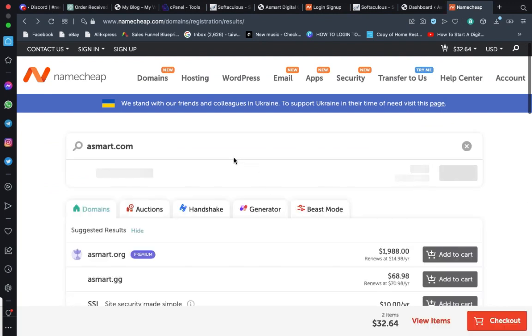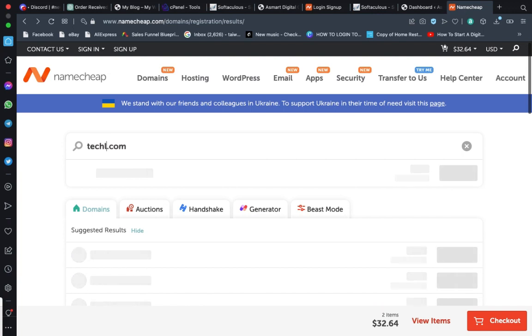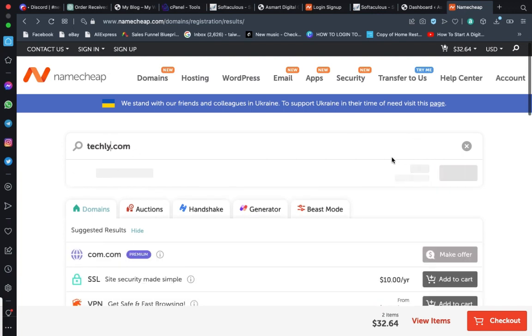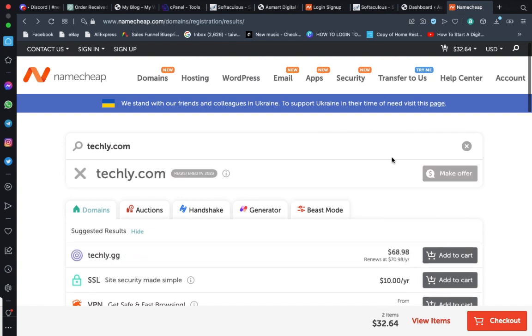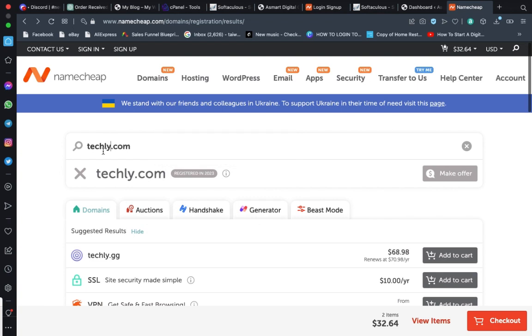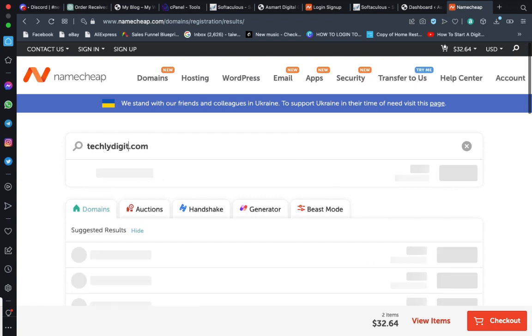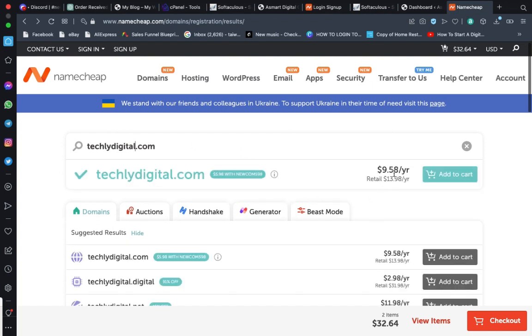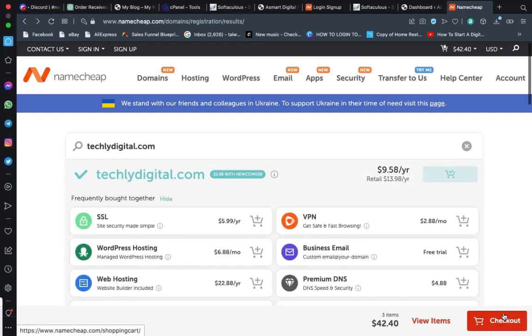So I'll be using another domain name now. So let me check Techly.com. It said registered in 2023. Someone has registered this. So let me use Techly Digital. Okay, this one is available, $9.58. So I'll now click on add to cart. You can see that it shows add to cart. So click on add to cart. After adding it to cart, then you now check out. So if you want to buy